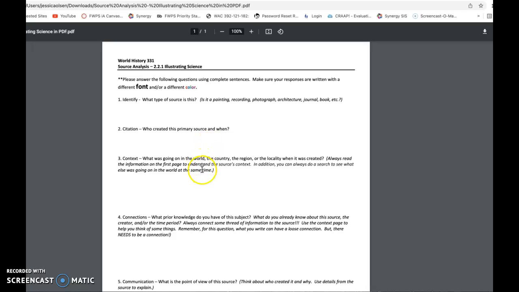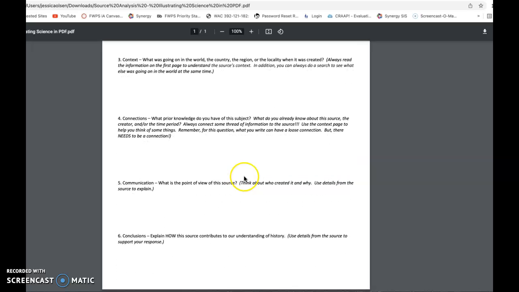What was going on in the world? You are going to say it was the period of the scientific revolution. This one, don't skip it and don't say, I don't know, okay? It says, what prior knowledge do you have of this subject? So, what can you tell me about art or sketching